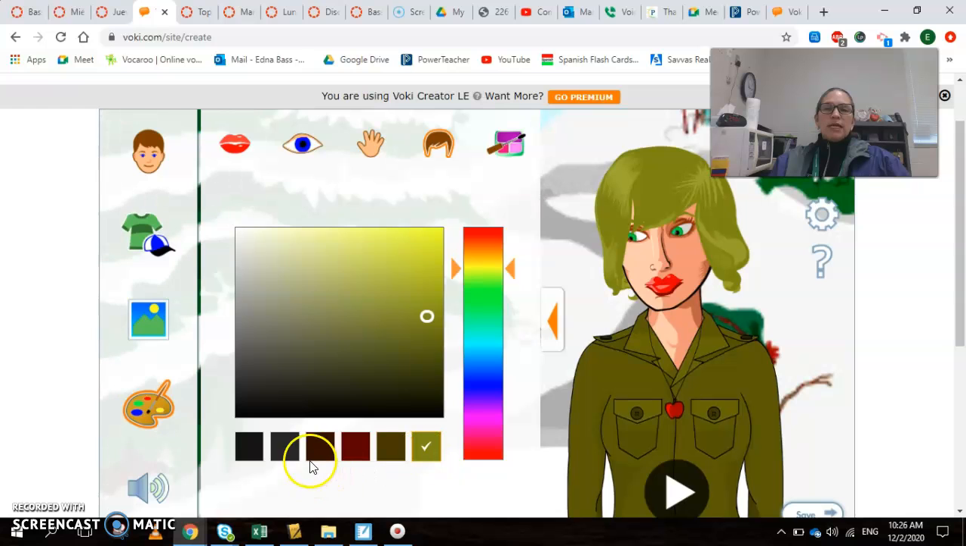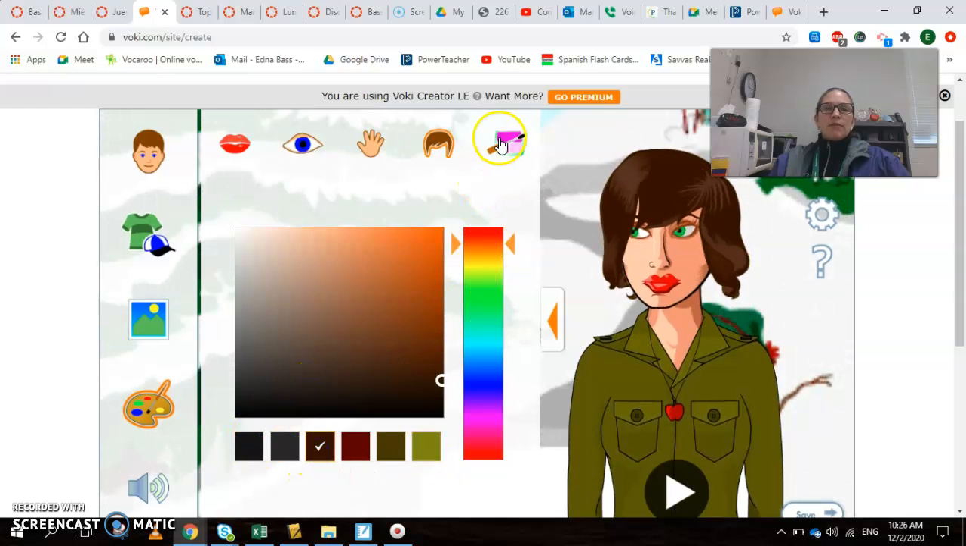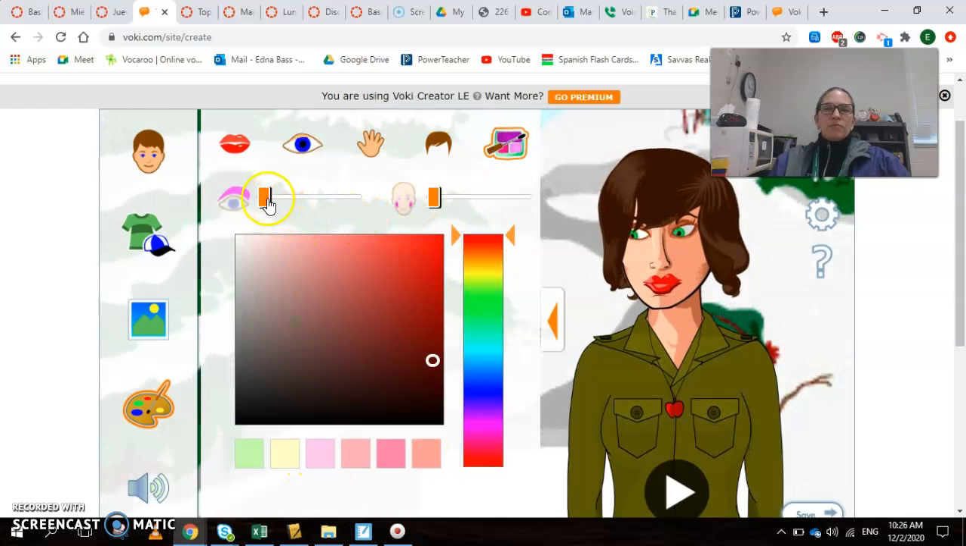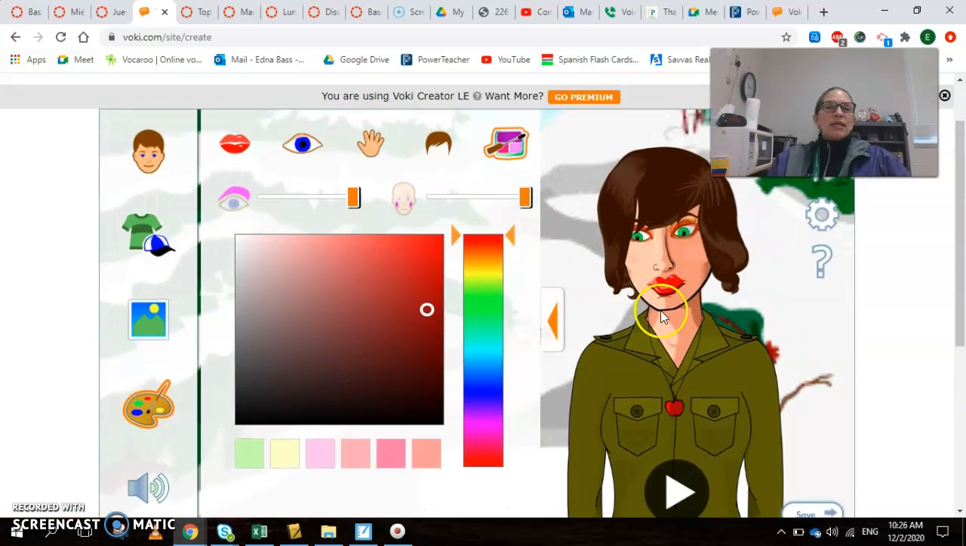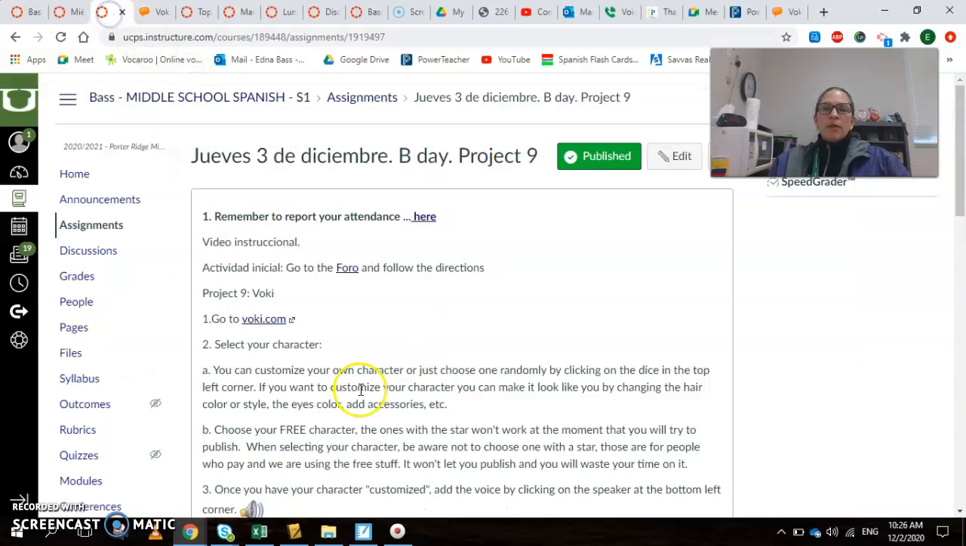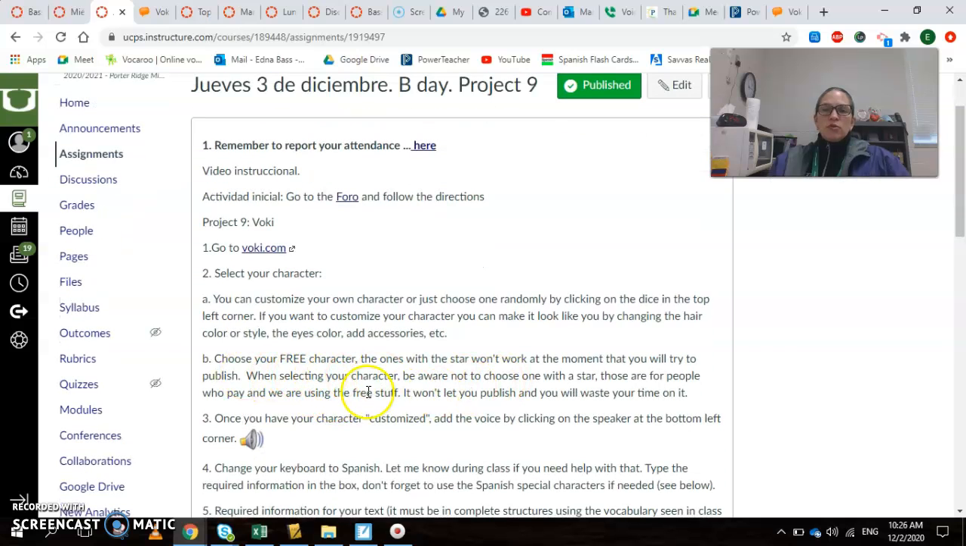That one matches the jacket. Okay, let's make it brown. And makeup. You can make it more intense. Oh, this one doesn't get the option actually. But once you have the character you want, let's see, it says right here, when you choose your free character,